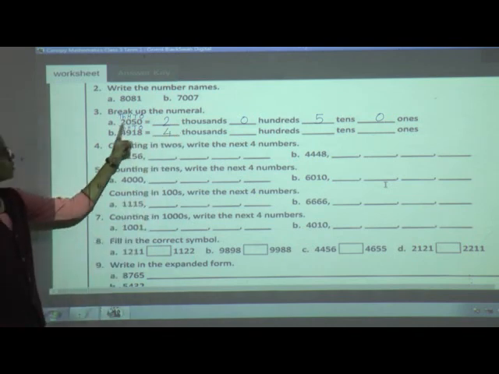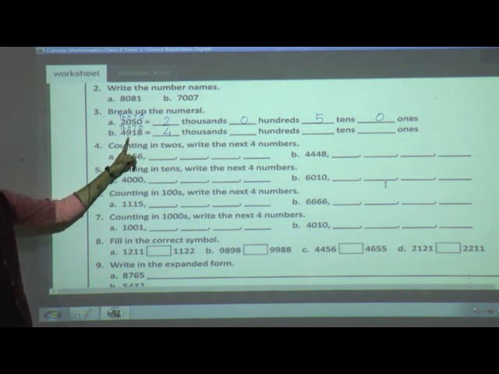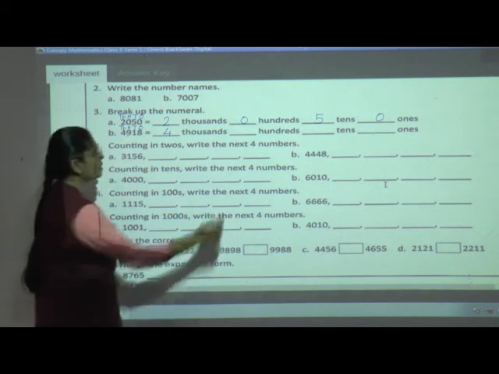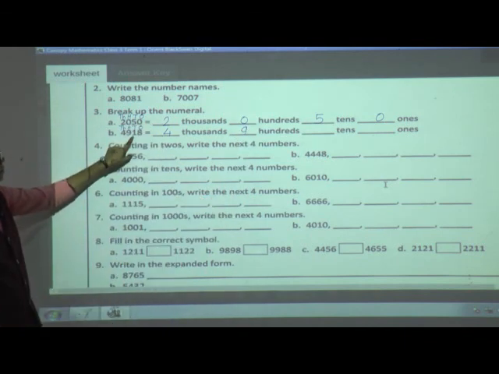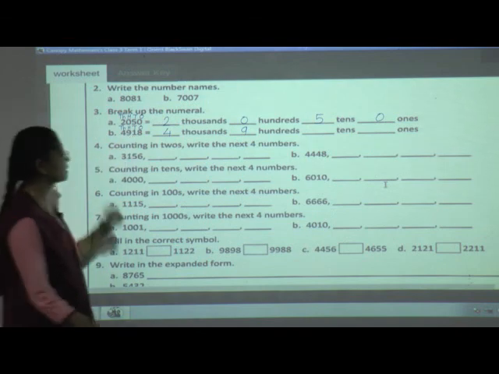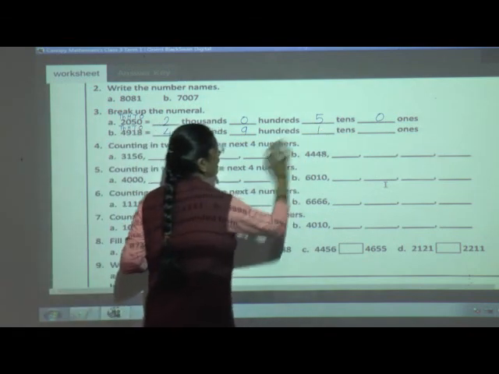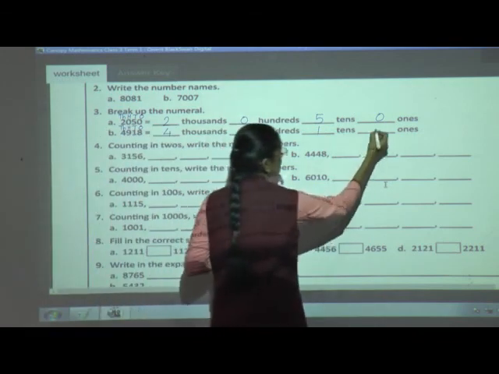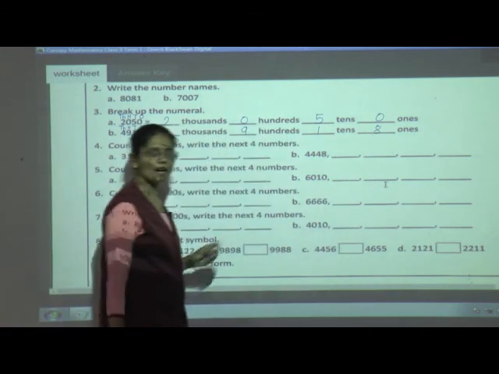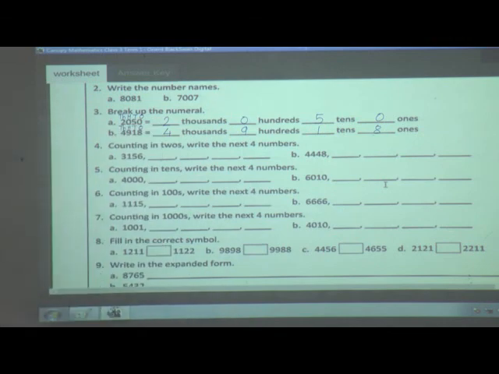Isn't it? Now see this hundreds place. At hundreds place which number is there? Yes, 9 is there. So here 900s will come. At tens place, can you see which number is there? Yes, 1 is there. So 1 tens, and at ones place 8 is there. So we will write 8. This is our answer. Now next question.